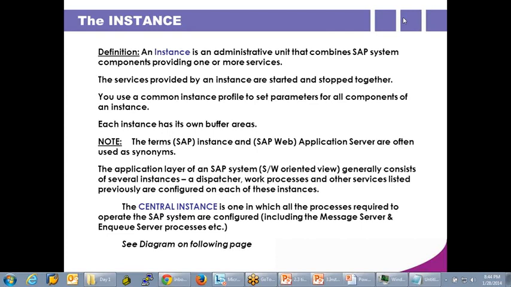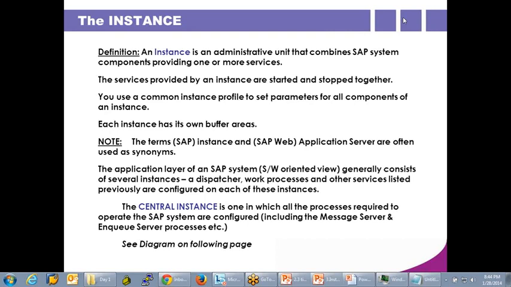And this SAP instance, we can call it instance, SAP instance, application server, app server, or web application server, or web AS server. Web AS means web application server. All are synonyms for instance.